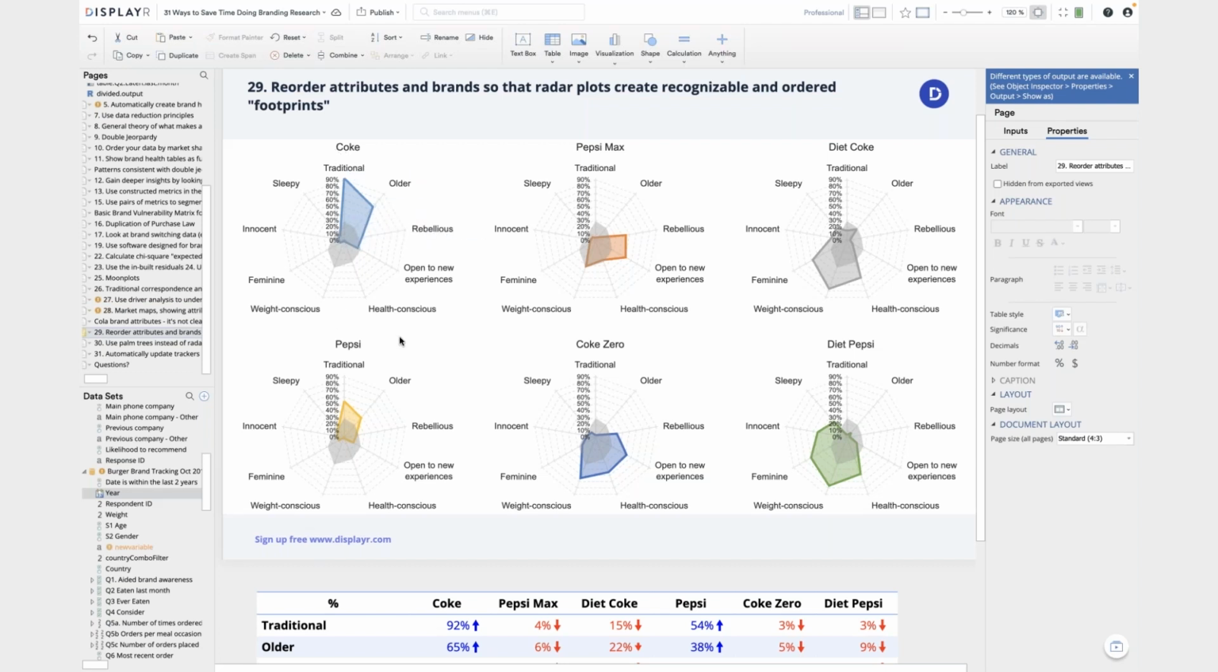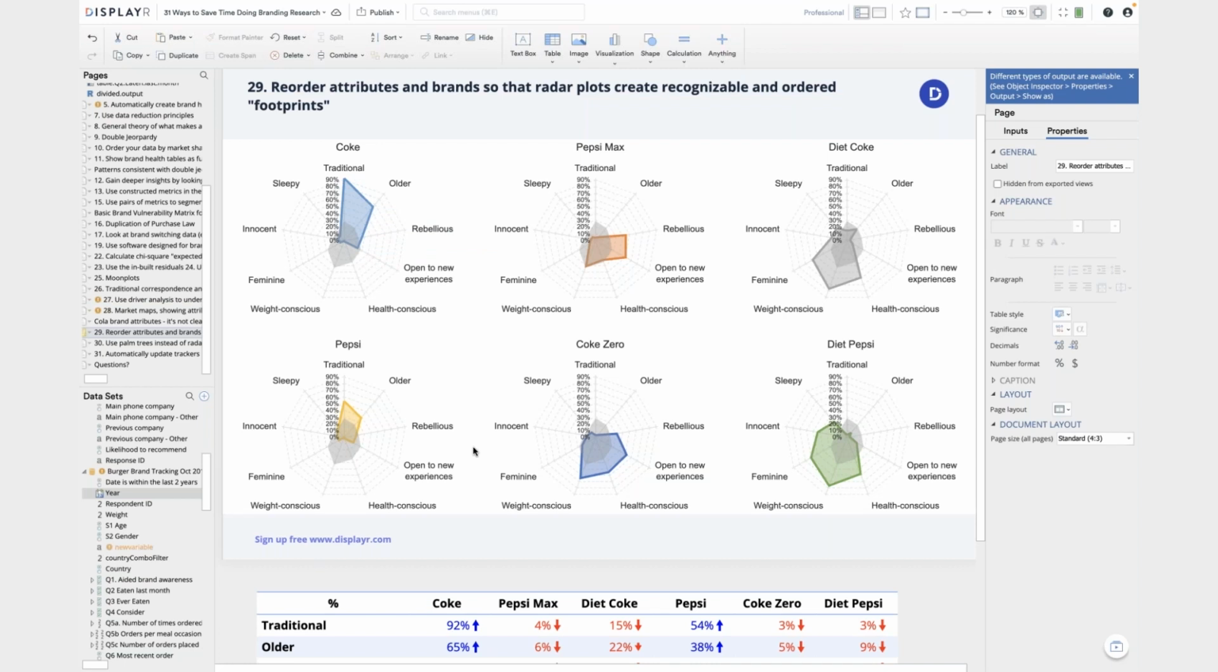Now, the jargon for these is footprints. And the idea is we can compare brands based on the footprint that's formed. And we can only do it if they're reasonably smooth curve shapes. We can't do it if they're super jagged like before, which is why I had to rearrange the rows and